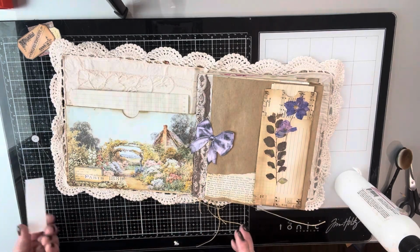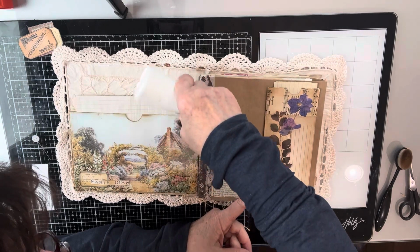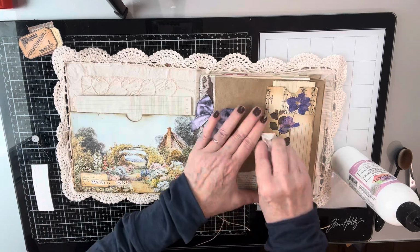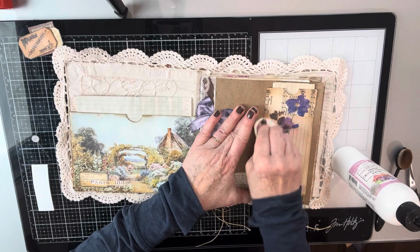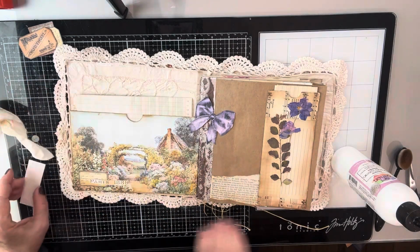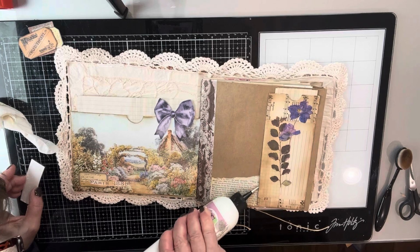That's not wanting to stick at all. That's not like this kind of glue. I don't know if it's... See, and I'm pretty careful about making sure that things are stuck down completely. I go through my journals 2 or 3 times after I'm done, at least, and make sure that nothing needs to be added. Everything is staying put,